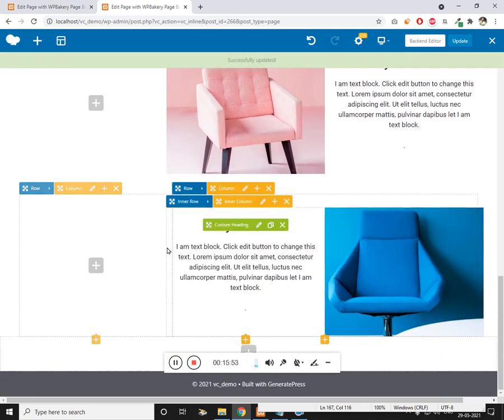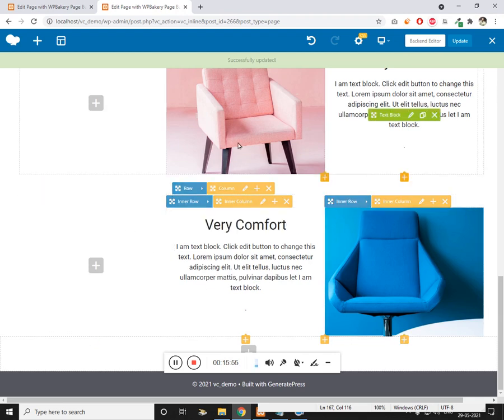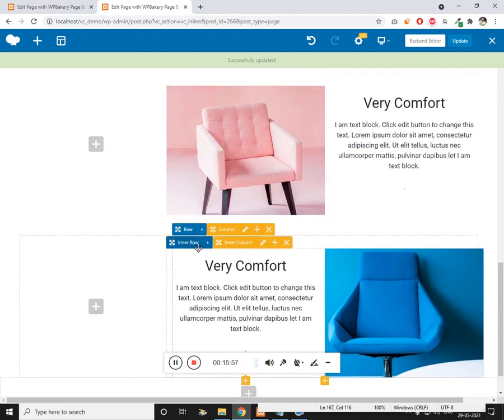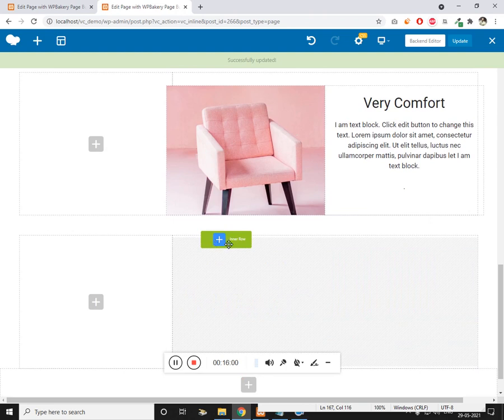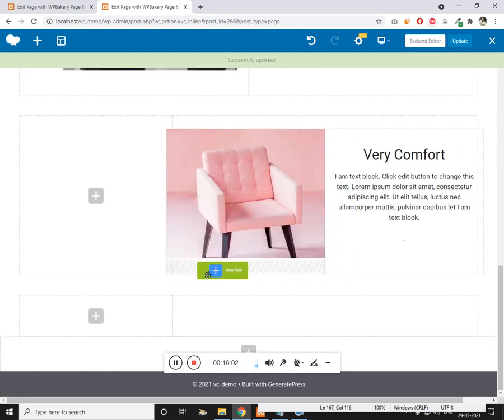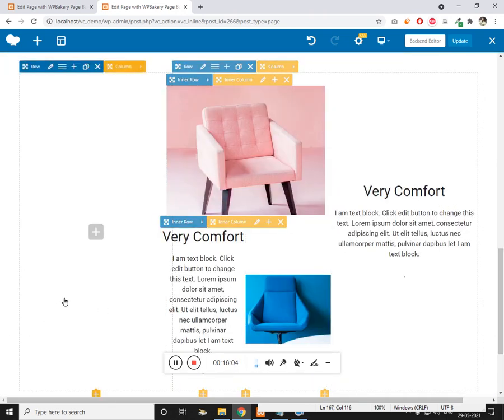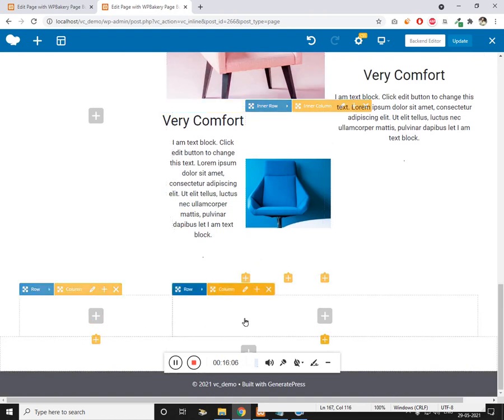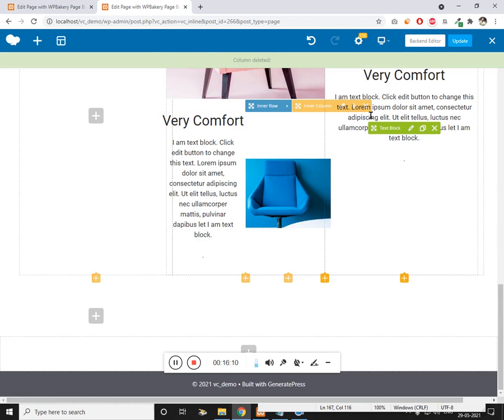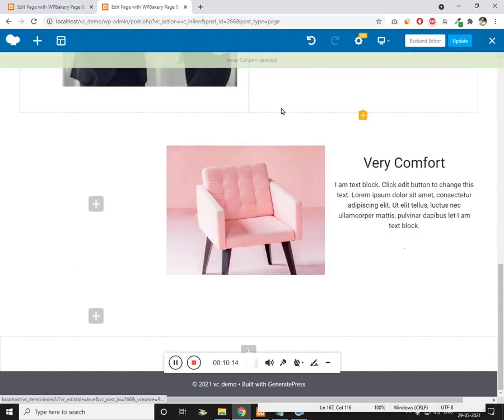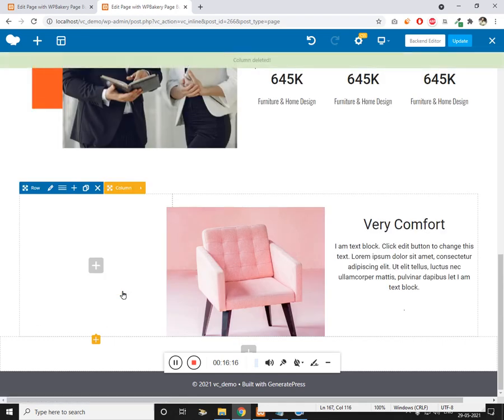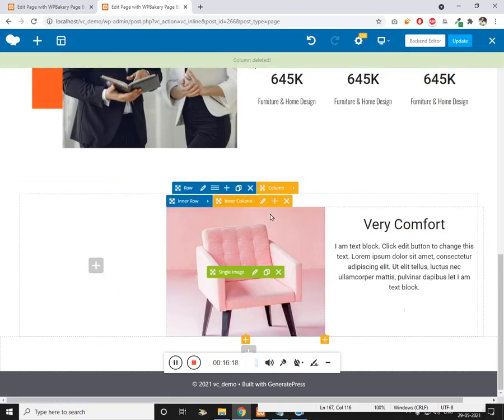This should come inside. Let's get the and place it over here. Let's delete this and create it again. We have to carefully make this.